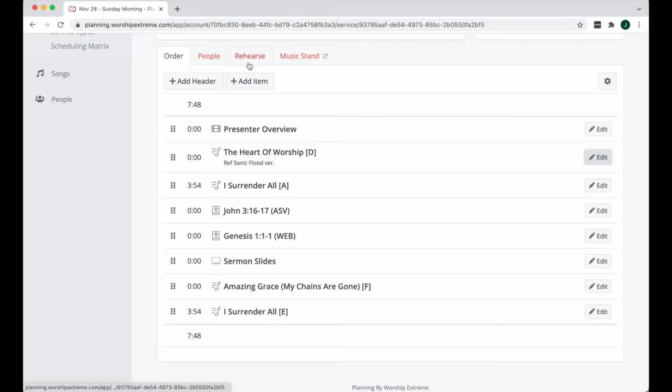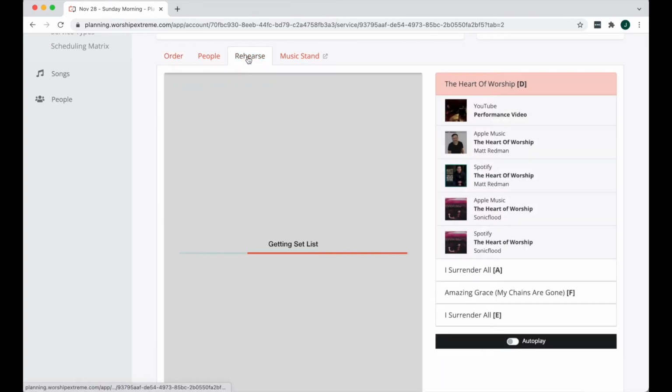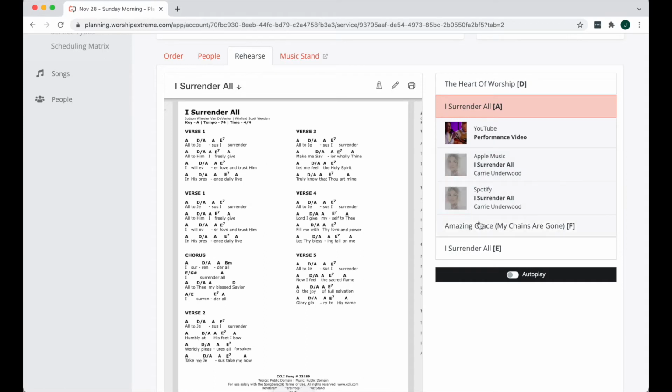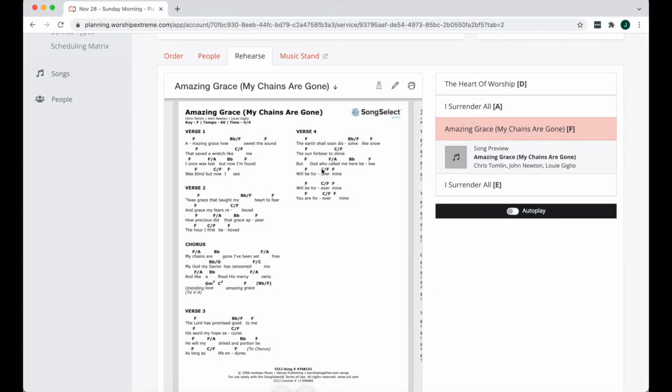So, let's move on and click on the Rehearse tab. Now, this is where scheduled team members will find all the song materials they need to be prepared for the service. They can reference the selection of recordings for listening and practice, and review lyrics and chord charts here. Anyone can access this page regardless of their permission level, although certain users will only be able to view services